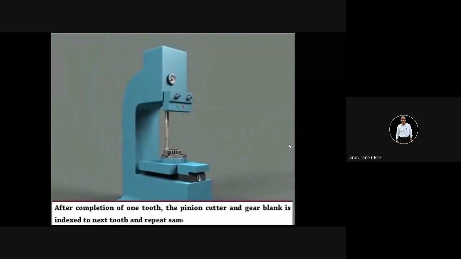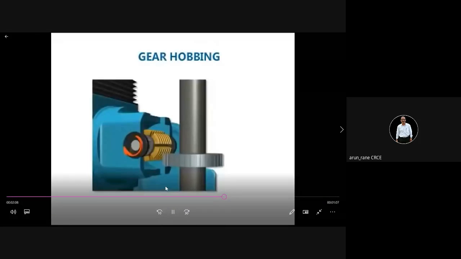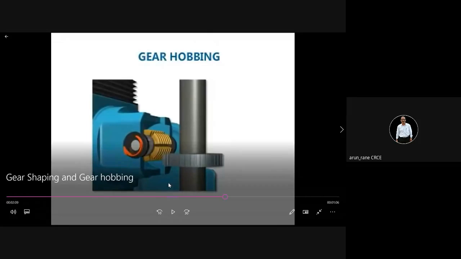What happens in a cluster gear? There are four gears which are mounted adjacent, and there is very little gap between the two gears. So in that case, gear hobbing fails. This is a hob, which is the cutter. In gear hobbing, the hob needs some approach and some over travel.